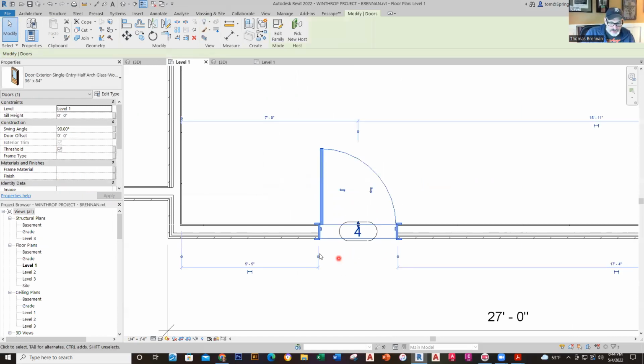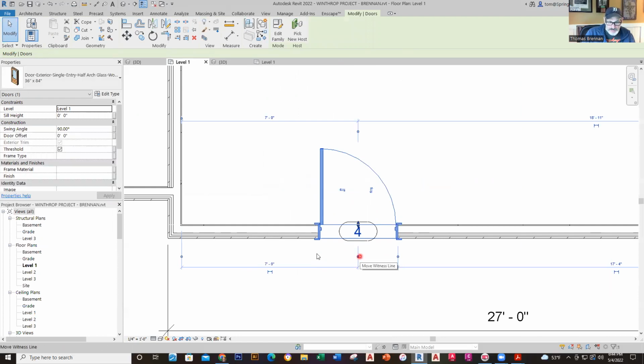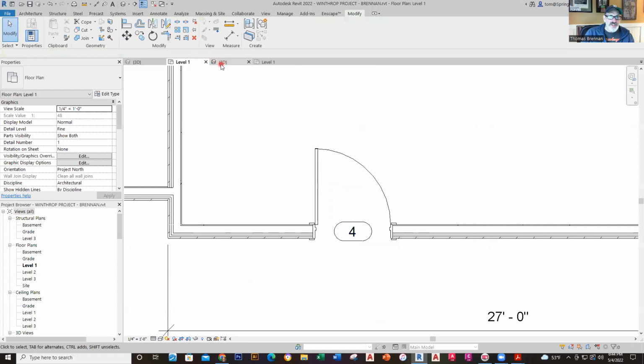Now over here, you'll notice that it's not going to the middle. So if I click on this, it moves that to the middle. If I click on this, it should move it to the outside end of the wall, and it does. And that's 7'6.5". And I just want to make it 7'4". Boom, there it is. Now at this point, let's just take a quick look at it in 3D and make sure